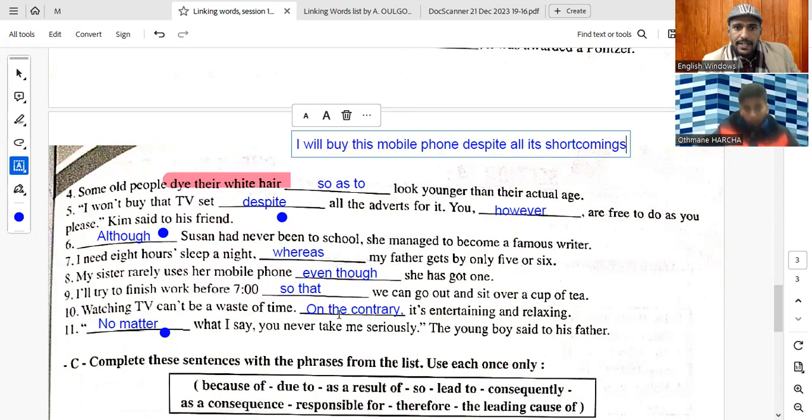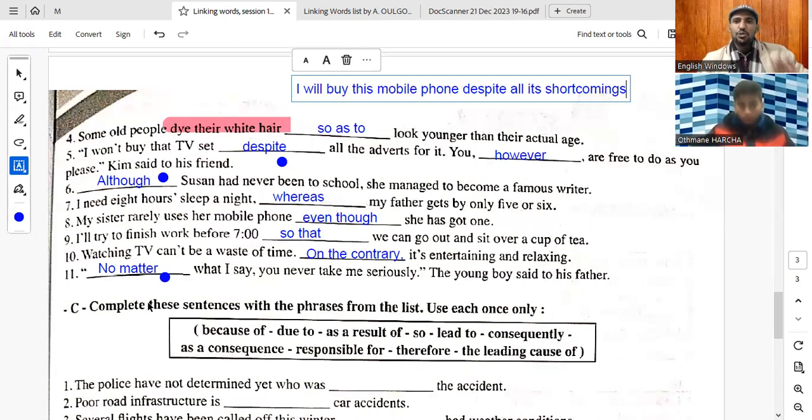Okay, yes. Let's see right now, although. After although, you should have a full sentence, a complete sentence with subject, verb, and objects if necessary. Although I don't play basketball in a club, I play it very well. Okay, very nice. Yes, great. Although I don't maybe play football or basketball in the club together with my friends, I know how to play it very well. Very nice. Good. Now let's see: no matter what, or no matter how, or no matter where, or no matter who, great, whatever.